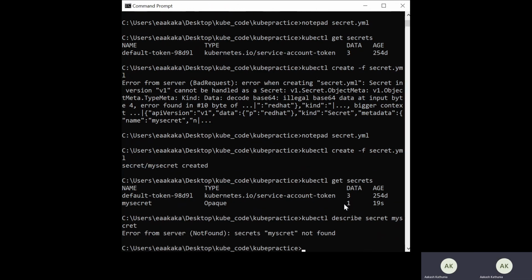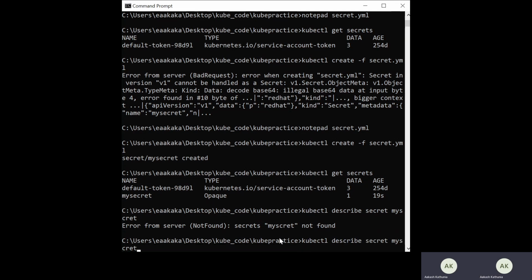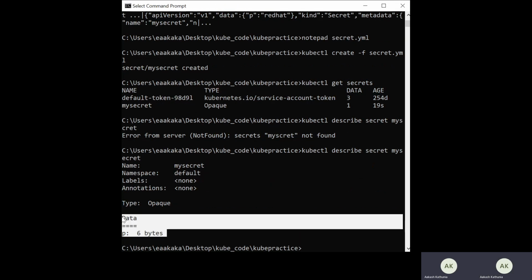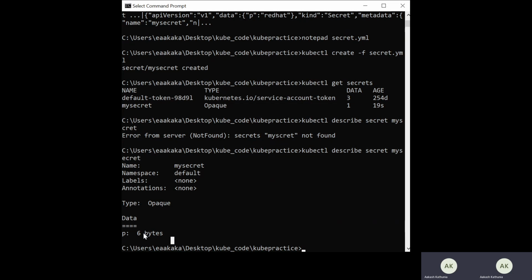Once you describe it, what is it saying? Okay, the secret is not correctly written. So let me write it secret. Once I write it, you will find that the data password is 6 bytes.